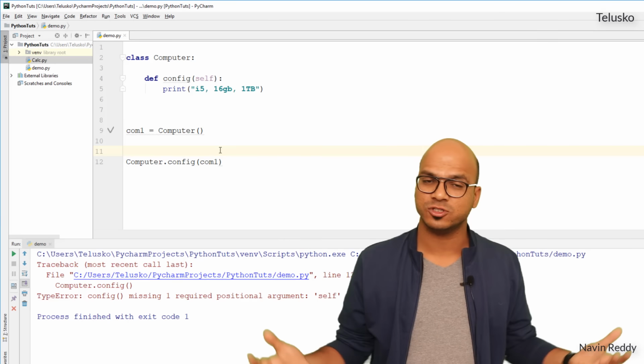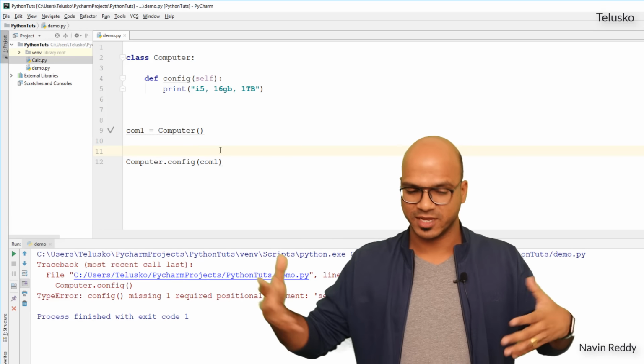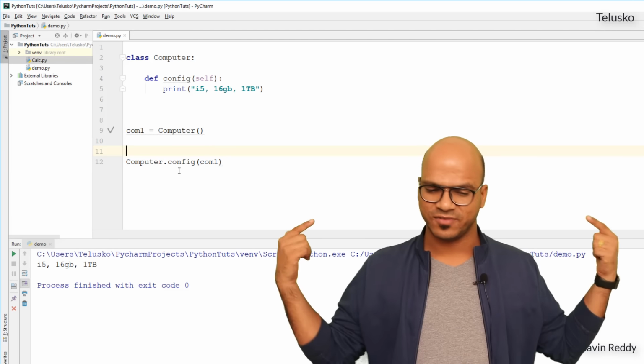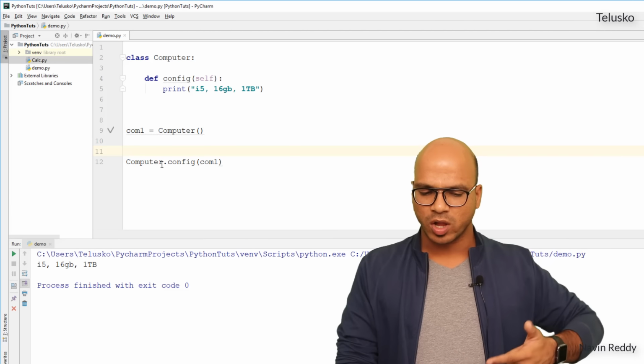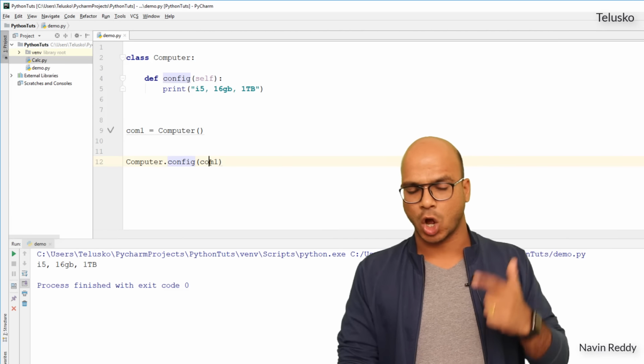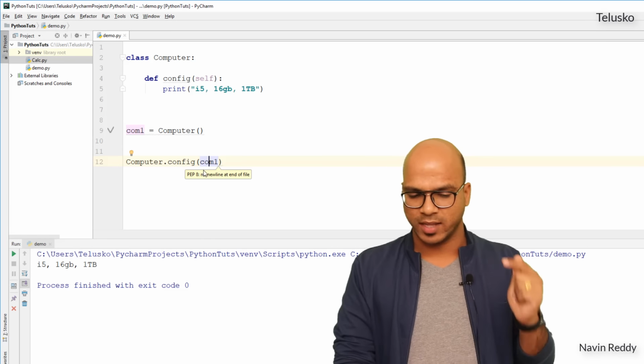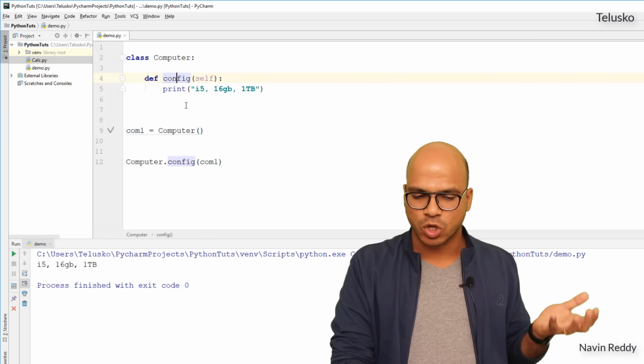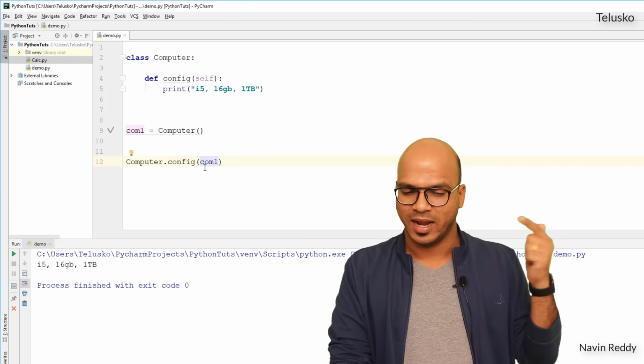But let's say if you have thousands of objects, you have to mention the object name as well. So we are doing comp1 here. If I run this code now, oh, it works. You can see that we got the output. So we are calling config and we are passing comp1. And this comp1 is a parameter, right? It's an argument. So when you call config, you're passing this comp1 as the argument and it is going in